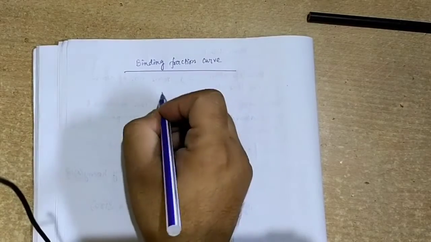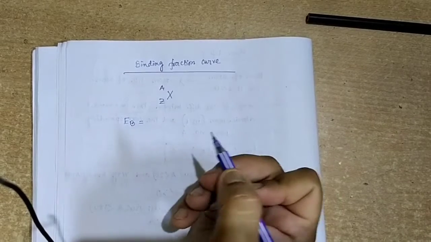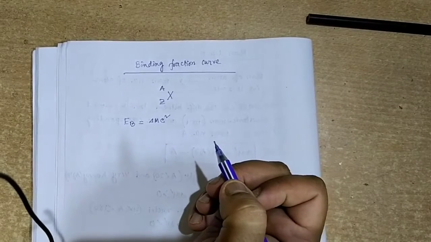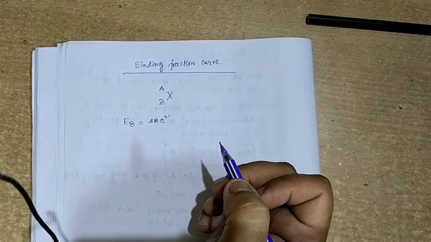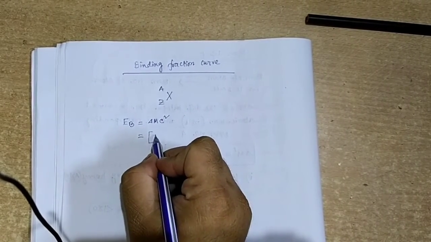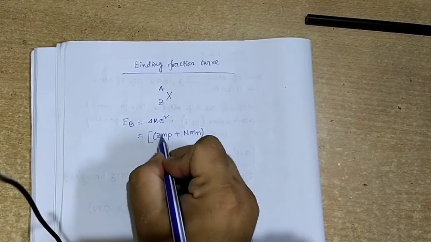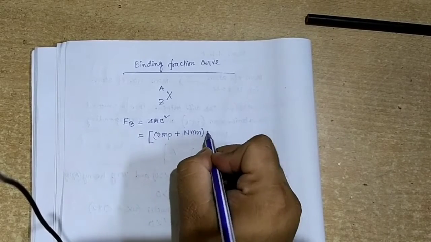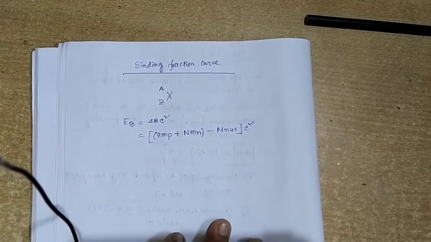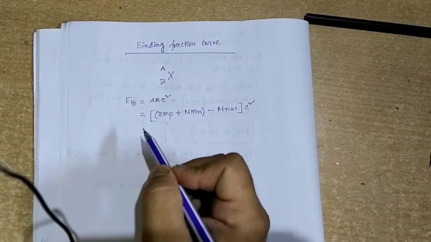For this, the binding energy is given in MeV and it is calculated from the mass loss, or mass disappeared, in the formation of the nucleus. This Δm becomes Z Mp plus N Mn, where Z is the number of protons, N is the number of neutrons, minus M nucleus, that is the nuclear mass. Clear? Now this is the expression of EB, the binding energy.